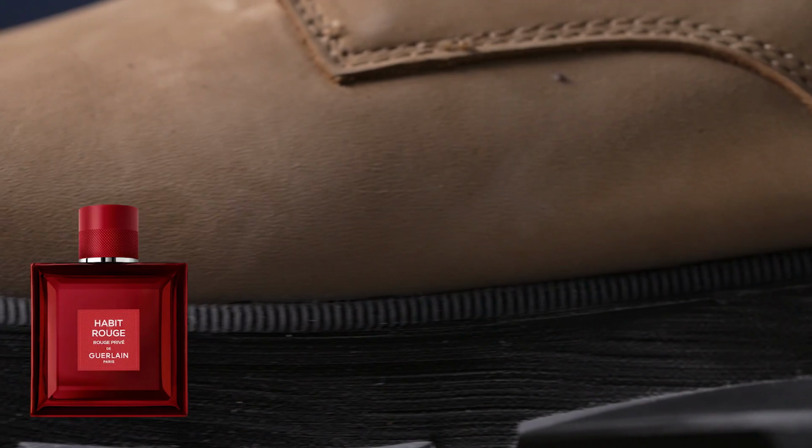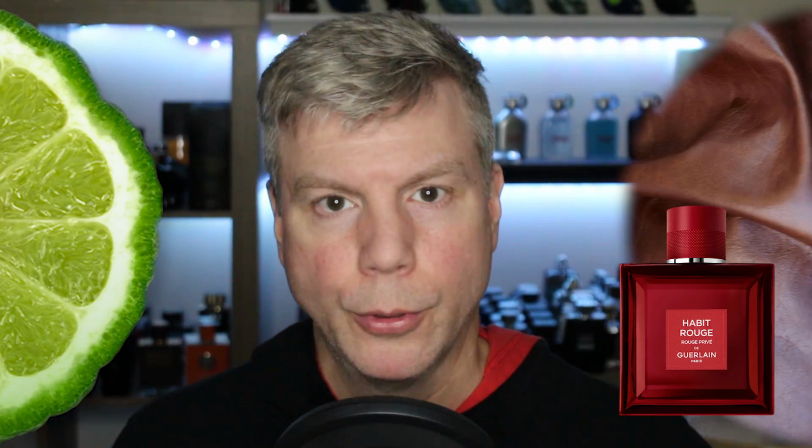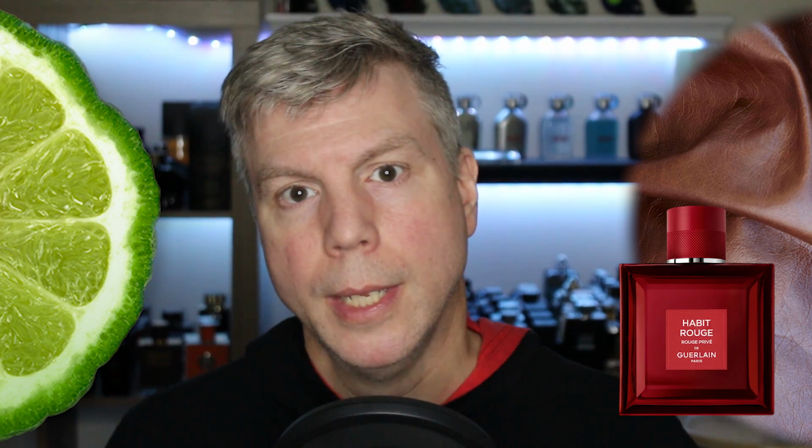And that's the leather that you're getting in Rouge Privé. That legendary bergamot leather accord in the original Habit Rouge is intensified by this sensual patchouli and modernized in Rouge Privé by the spiciness of ginger. Leather is something you're not going to catch immediately. In fact, it's almost like a stealth note in this, and that's what I really enjoy about it,